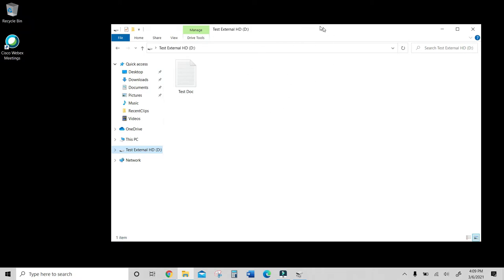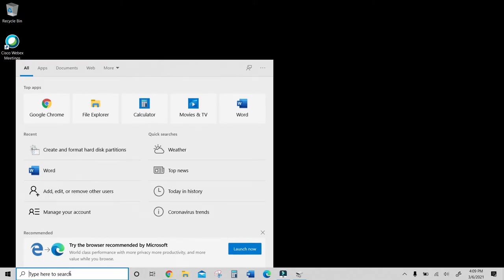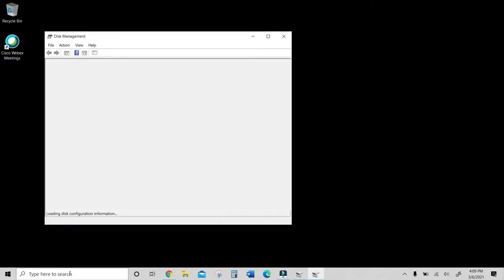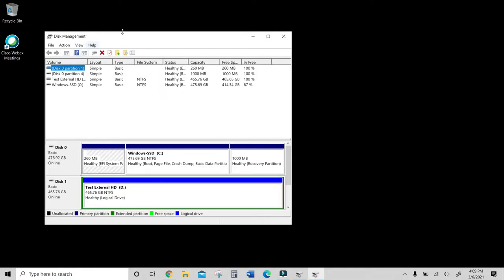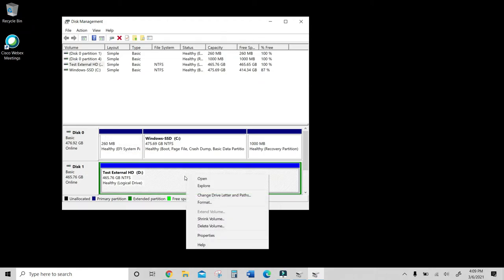So next you want to go to your search bar and type in disk management and go ahead and click enter, and it's going to bring you into the disk management window. So as you can see, my hard drive is right here under disk number 1. So what I'm going to do is I'm going to right click, and where it says format